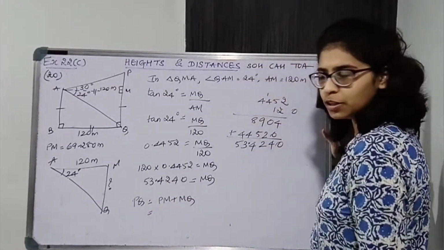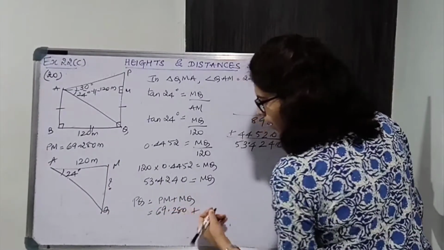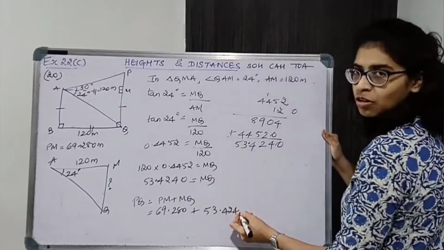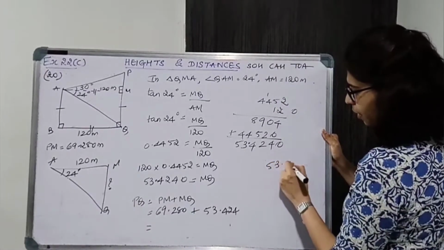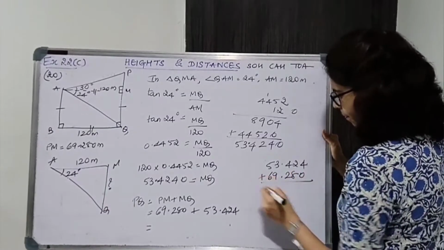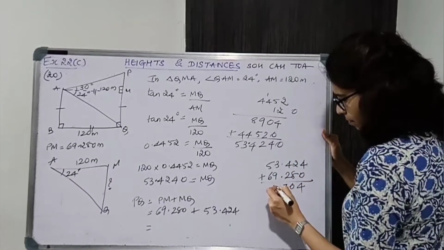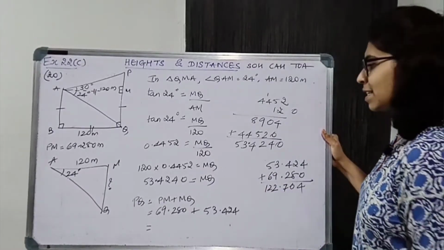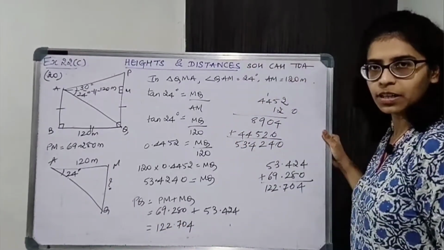So that is equal to PM, which is 69.280 plus 53.4240. 4240, 0 does not matter, so 424. Okay. So 53.424 plus 69.280 है. So this will be 122.704. Okay. Now